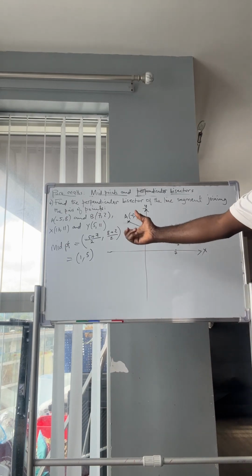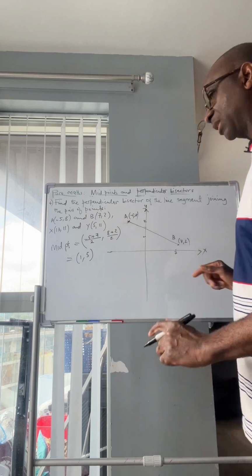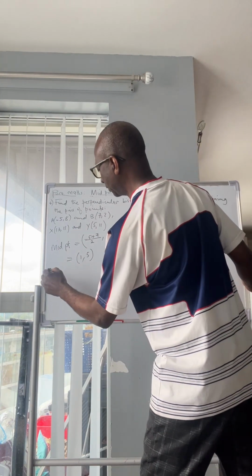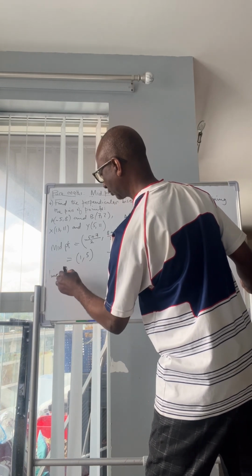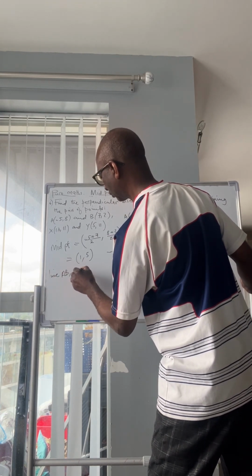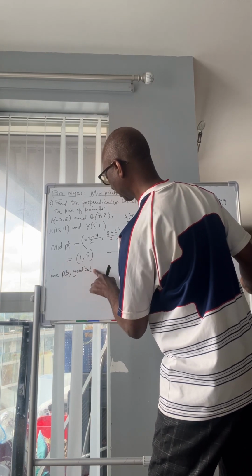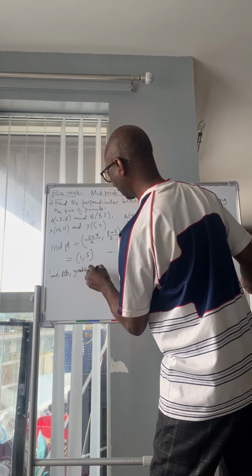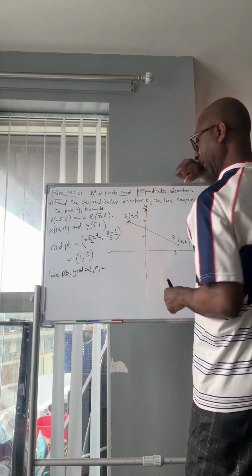Now, can we find the gradient of this line segment AB? Yes, we can. The gradient of line AB, call it M1, is equal to